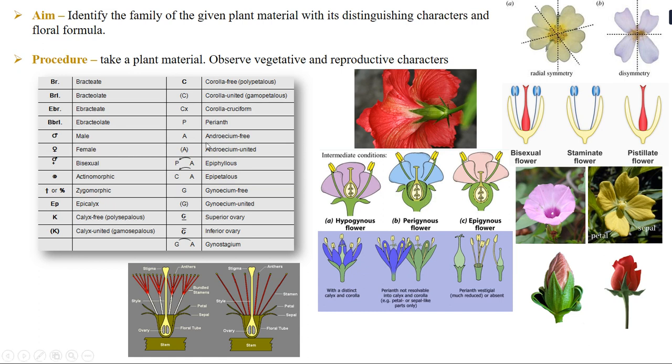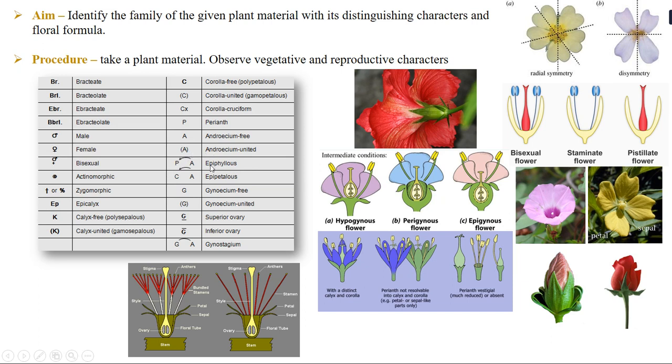Okay, coming to the next whorl, the reproductive whorl, that is the androecium, a male reproductive organ of a flower. Now androecium is being denoted by an alphabet A. And if the androecium is free from each other, as you can see over here in this picture, all the stamens, all the androeciums are free from each other, you just simply write an alphabet A. But if the androeciums are united, as you can see over here, the androeciums are united with one tube, you write alphabet A with a bracket. So this denotes that the androeciums are united.